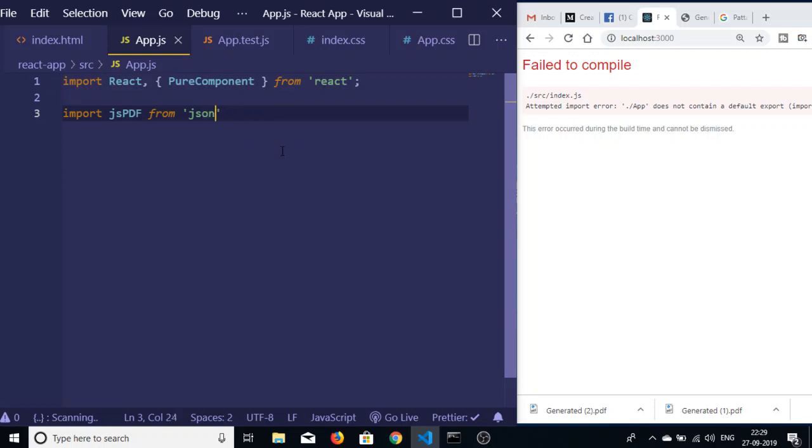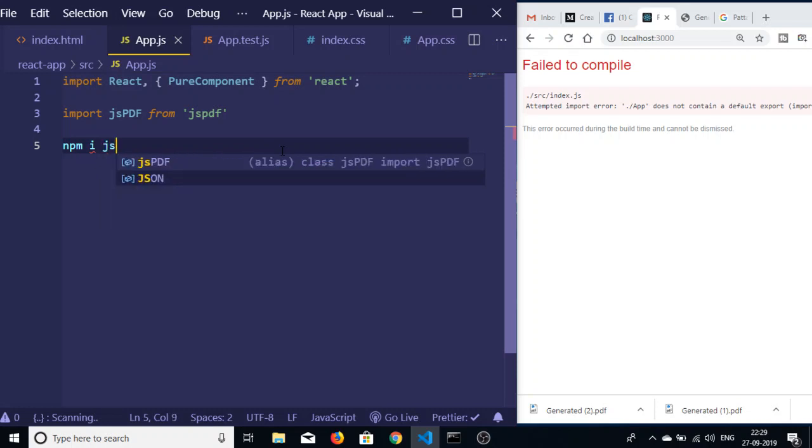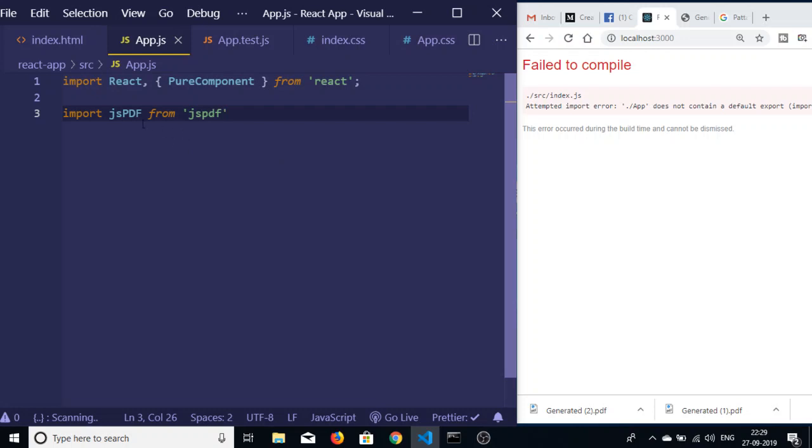Let me just show you the command. So first of all, import the jsPDF. You just have to execute this command, that is npm install jspdf. This will install the jsPDF dependency in your node_modules folder. Then after that you can just import it by this line,